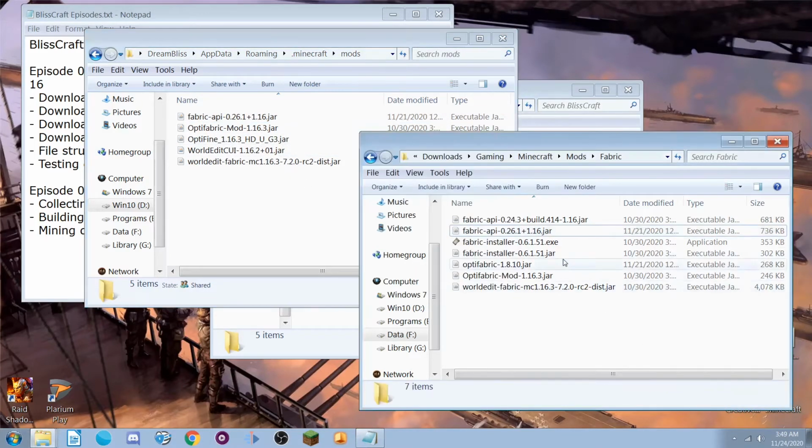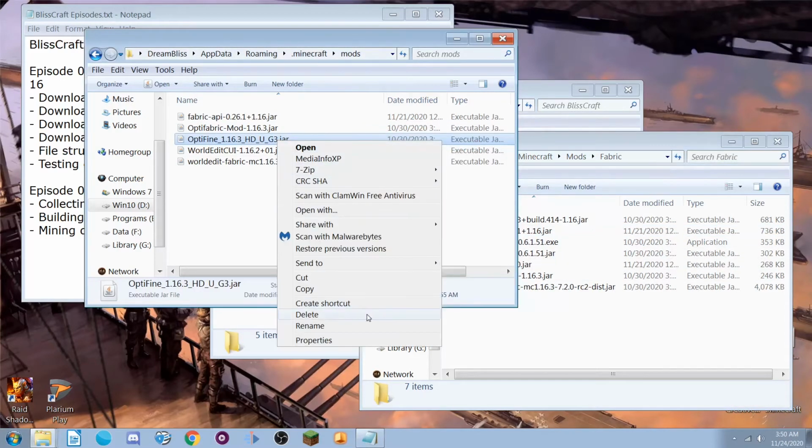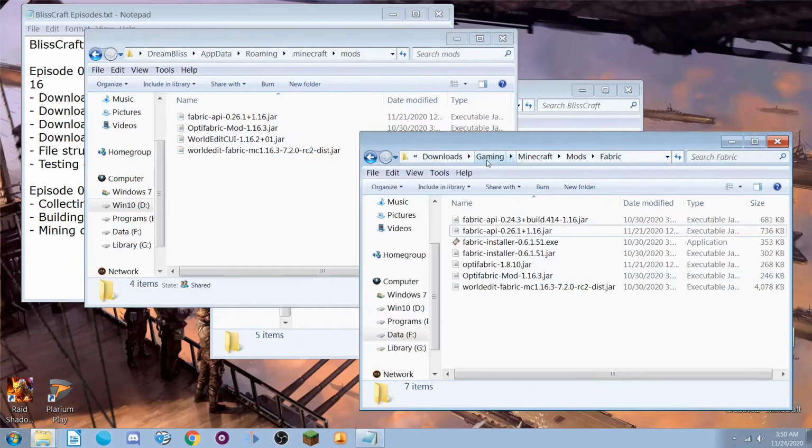Now you're going to want to copy over your Optifabric mod. And let's see, I think we updated that, didn't we? Or did we update it for the other one only? Looks like Optifabric is still at 1.16.3. No, it's Optifine we updated. Okay. So copy over your Optifabric. I already have, so I'm not going to do it again. Make sure that's in there. Copy over your Optifine. I'm going to remove this. And I'm going to copy over the,